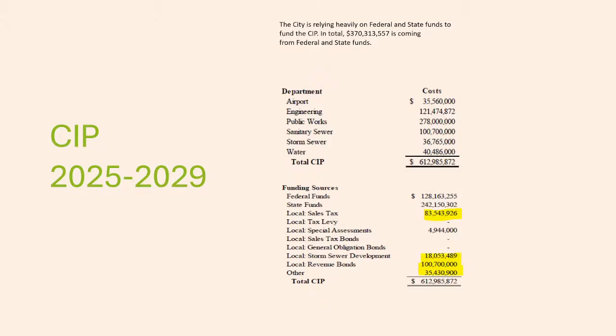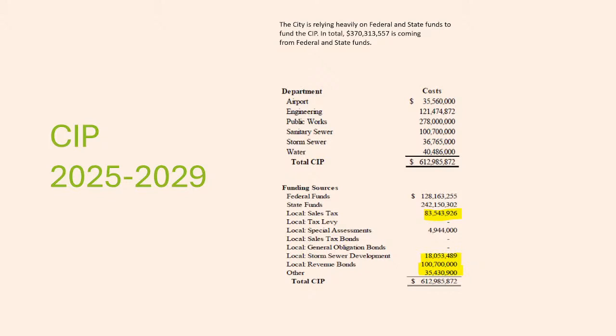So the balance of that comes from some other source. And I've highlighted in yellow some of the ones that are going to be included here in the CIP, sales tax dollars. And I'll caveat this, that flood control is a big number in this CIP. And of course, we have sales tax dollars that are dedicated to paying for flood control and things like NAWS. So we would anticipate that those would be a big number. One of the things at the very bottom there, the local revenue bonds is $100 million. And that's a number that we're saying that we don't have another funding source, so we're going to go out and bond to support these projects.